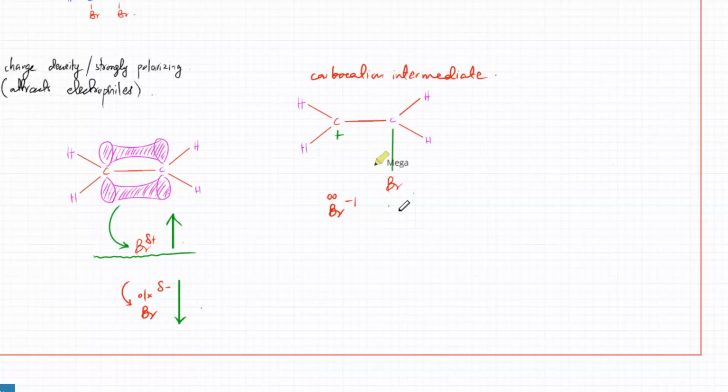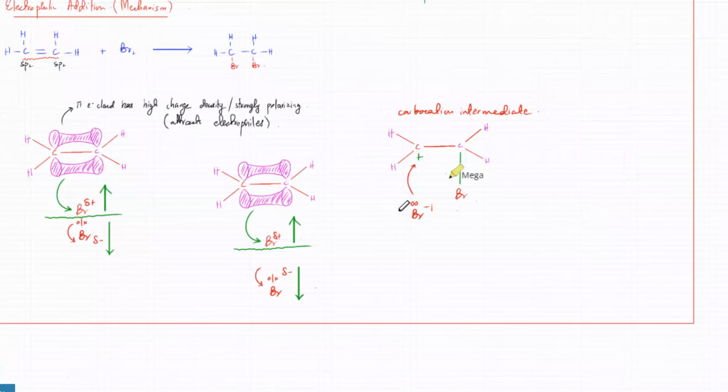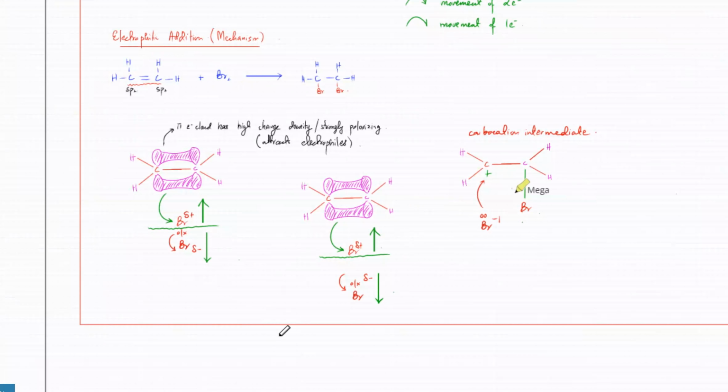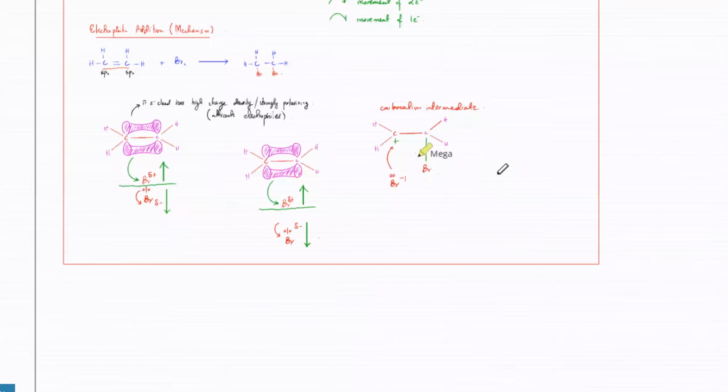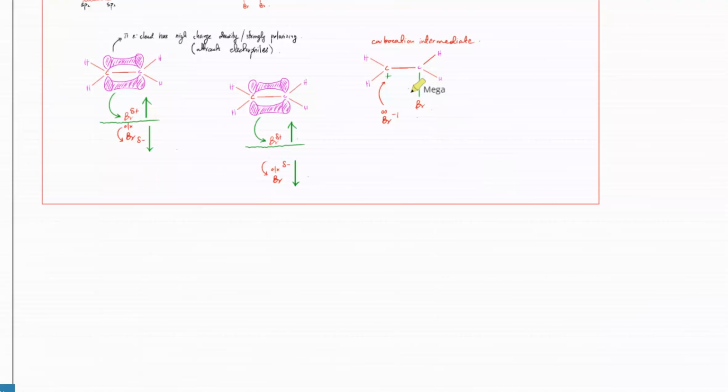And you've got a Br minus one that was floating around. That is going to come back, and that's going to make the other bond now. So this is what happens. Polarization. Why? Because of the pi electron cloud. One of the Br gets attracted, the other one gets repelled. The positive one gains all the pi electron cloud, bonds with one of the carbon atoms, the other one becomes a carbocation, and then the next step is the Br minus one that was floating around, that is going to